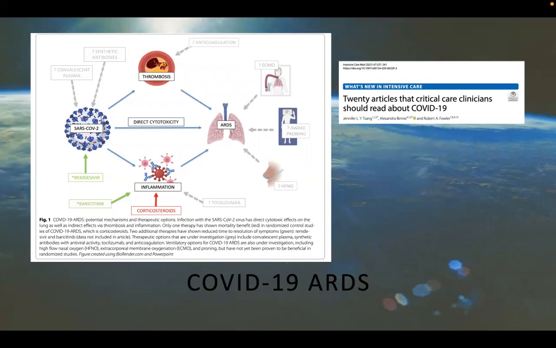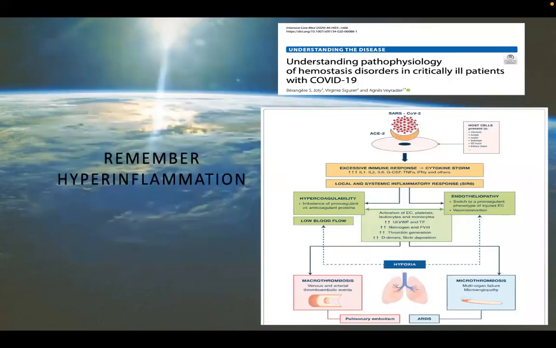So the therapy itself must be oriented to the inflammation with anti-inflammatory drugs such as corticosteroids or tocilizumab, or making it, let's say, easier for the patient with ventilation with high flow nasal oxygen or awake proning, which by themselves make the patient ventilate better. Of course, there are also many therapies oriented to the virus itself, such as the antiviral remdesivir, or synthetic antibodies, and so on. But what is crucial in this disease is the hyperinflammation, which should be taken in consideration and never